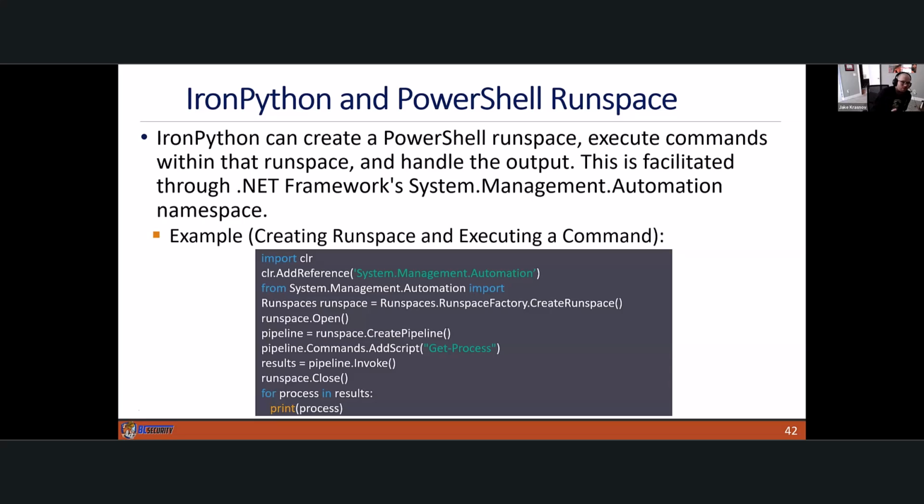This is facilitated through that .NET assembly, which is that system.management.automation DLL. And then this is just an example of that, of getting the information where you're running. You create a run space, you open the run space, you create a pipeline, which is just how you pass information into the run space. When you add the script to the pipeline,